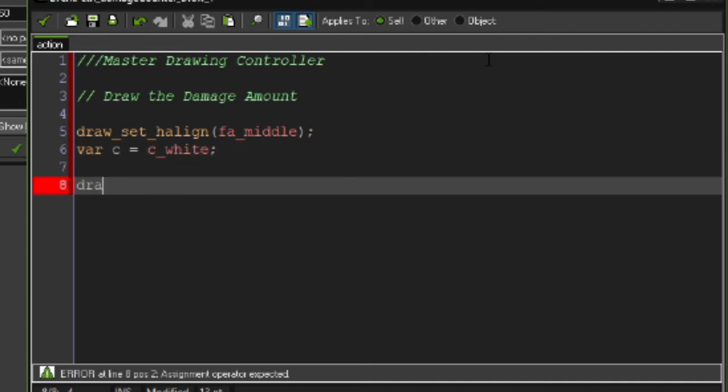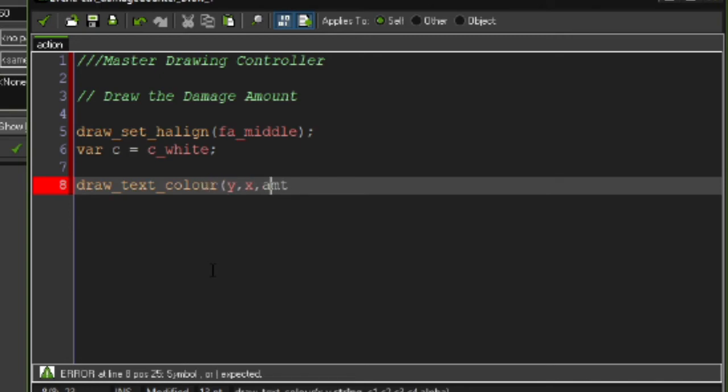And we're going to say draw text color x, y, and t, which is the amount of damage the projectile is doing that was defined in applied damage. And then for our colors, oh, I did this again, but this needs to be spelled the British way, colour,